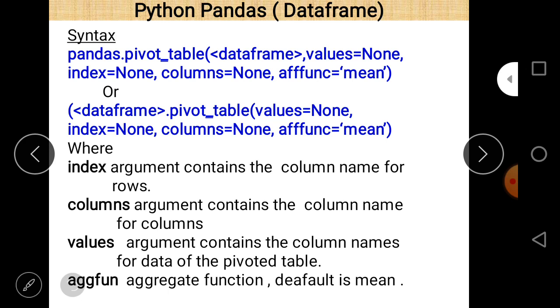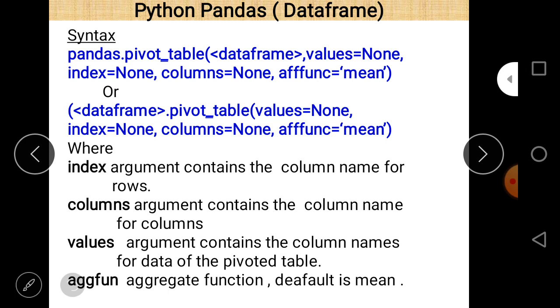It is basically the aggregate function, and by default it is mean here. So these are the arguments here, and values are mentioned as none because there is no default value against values, index and columns. So that's why none appears here, and by default aggregate function is mean.